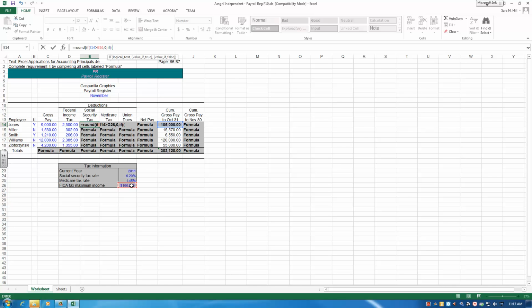So we'll take our C14 again, and we're going to add our I14. Now we're taking a look at what Jones was paid at the end of October 31st plus his new gross pay. Put our parenthesis in there to end that one. If that is greater than our same G26,